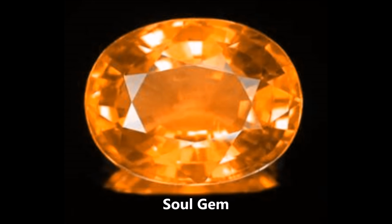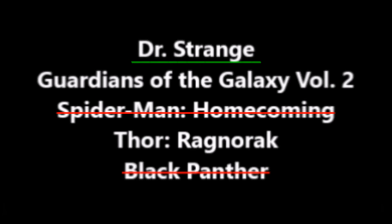Yes, ladies and gentlemen, there is one more stone which I have yet to discuss, and it is going to be exciting. By the process of elimination, we've discovered that the Soul Stone is orange, and will have to make an appearance in either Thor Ragnarok or Guardians of the Galaxy Volume 2. At first glance, it could show up in either, but which one is it? I have found a ton of evidence to support that the Soul Stone is in the possession of